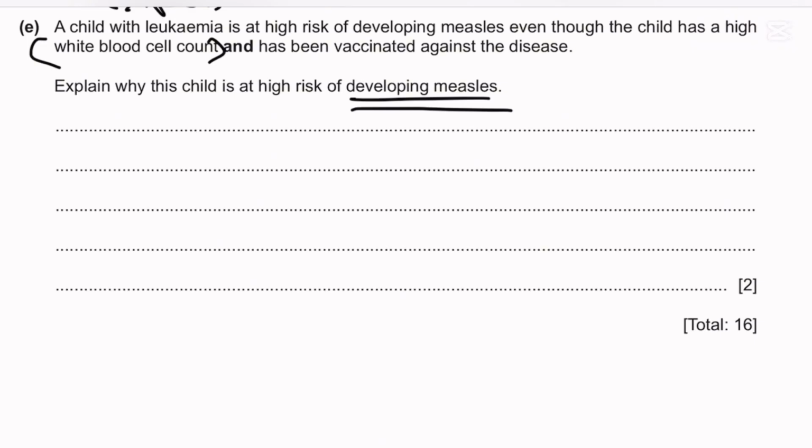It could be of any white blood cell. It doesn't necessarily mean that they have a secondary immune response. Even though they said that they've been vaccinated, the child with leukemia has a weakened immune system because of the cancer, because they have these undifferentiated cells that are just continuously dividing. The other cells are not actively responding to the disease, there's no memory cells produced, and it's basically like an opportunistic infection,